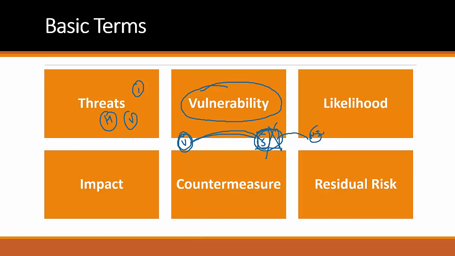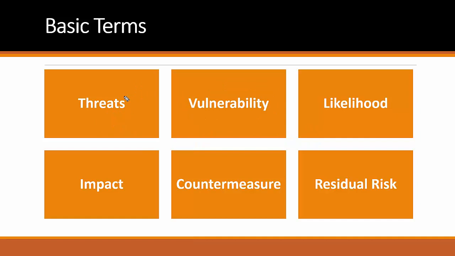Now, what is likelihood? Likelihood is basically called the chance of occurring. When a threat exploits the vulnerability, this condition is basically called likelihood. What is the probability that a threat is going to exploit the vulnerability? So likelihood is all about an action. And if this is performed, then what is the impact on the server? Live example, Japan. Japan is always prone to earthquakes. So the likelihood of an earthquake damaging the assets is high. And if it happens, the impact is also high if we have more people in that area.